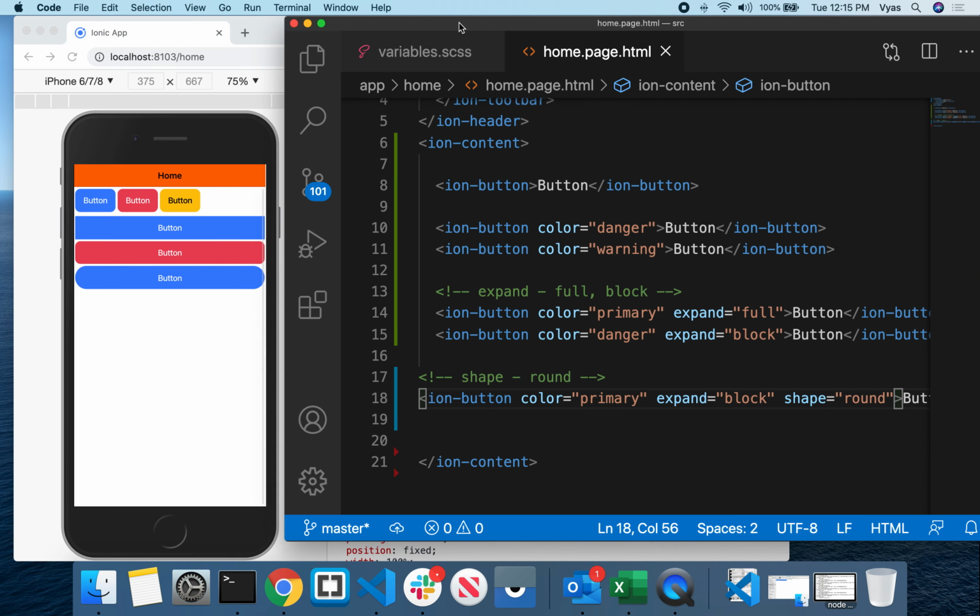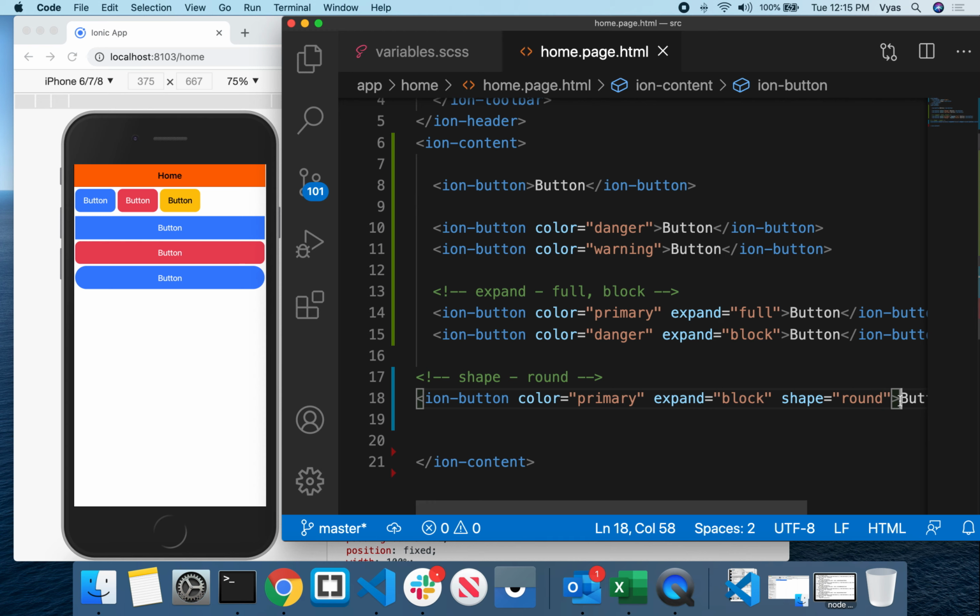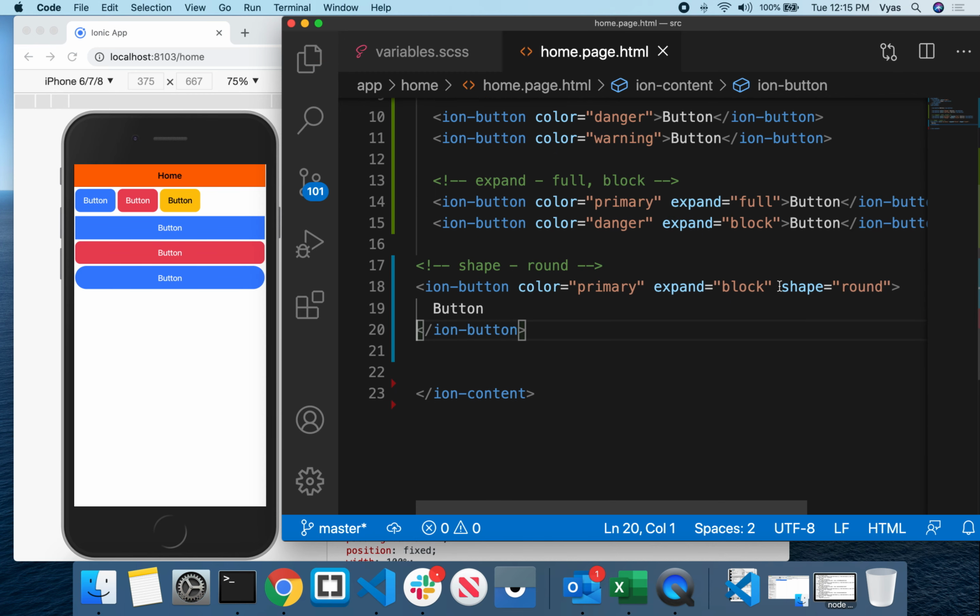So when I write expand equals to block and shape equals to round, now see here. The button is occupying the complete width of the screen, and then I'm giving shape equals to round. So when I give shape equals to round, there is some border radius which is applied for the button. Okay, now the border radius is applied for the button.